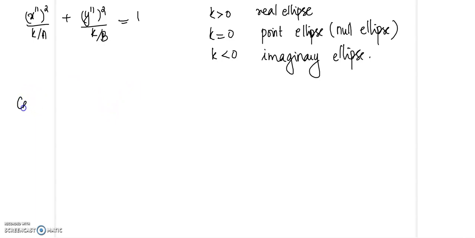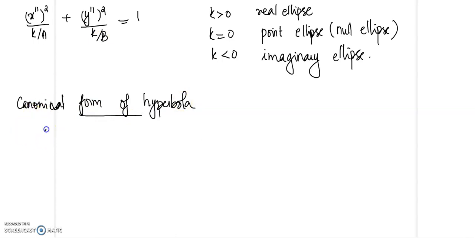So the canonical form of hyperbola. Now we obtain a hyperbola when, again, delta must be not equal to 0 and d must be less than 0. So in this case we obtain a hyperbola. So if d less than 0,